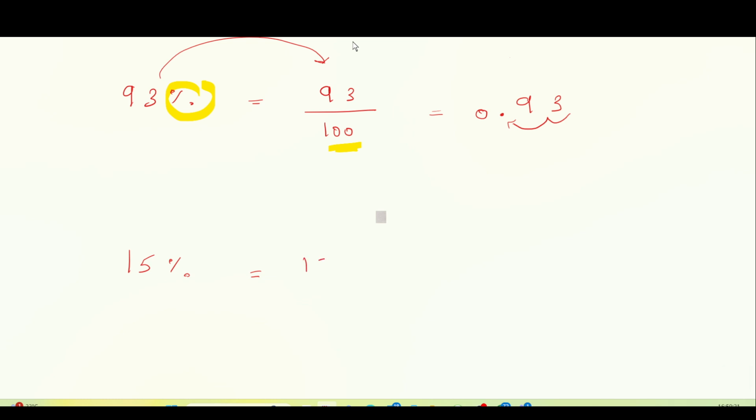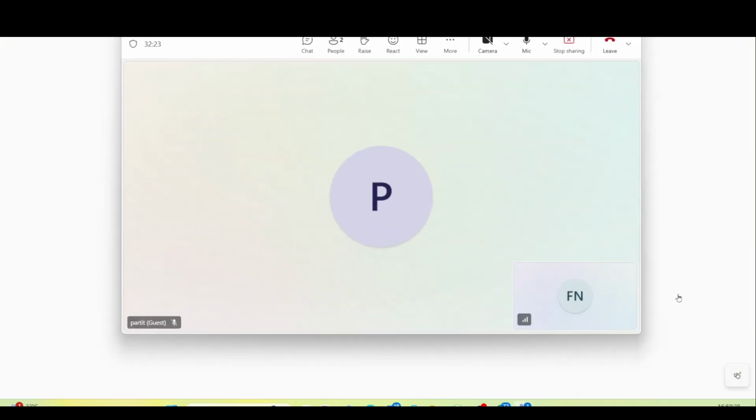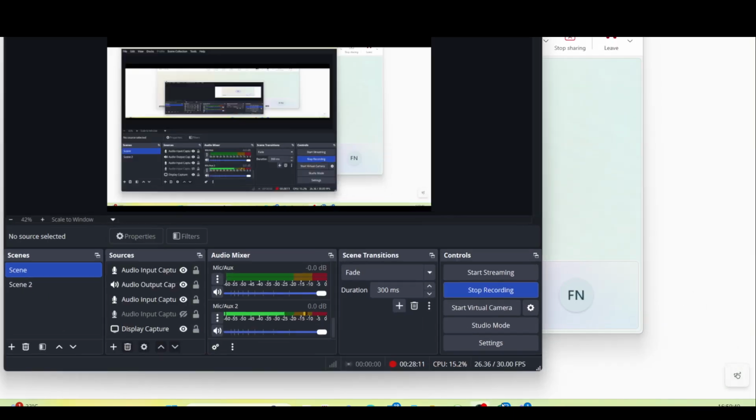Very good. This is 15 over 100, and which is 0.15. Absolutely correct. So we covered all